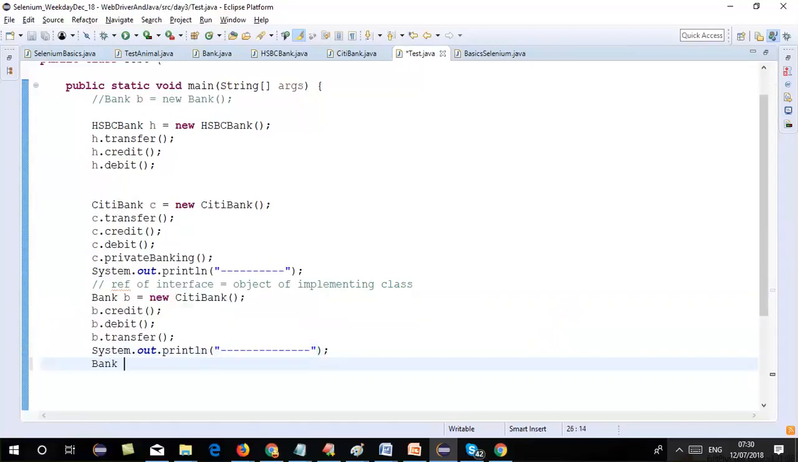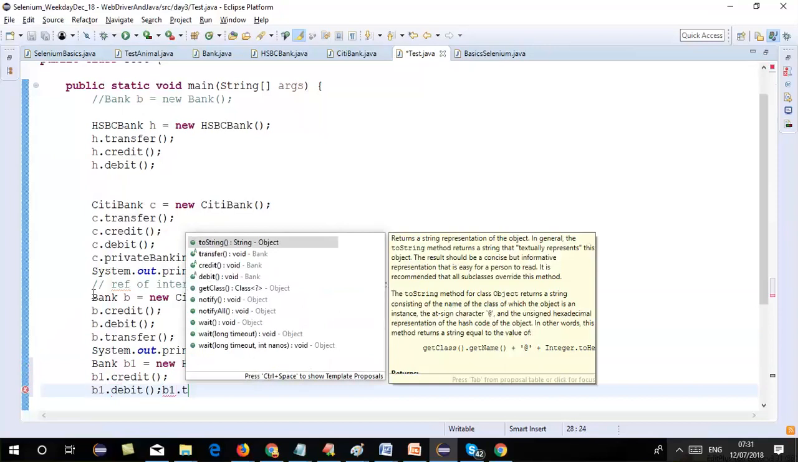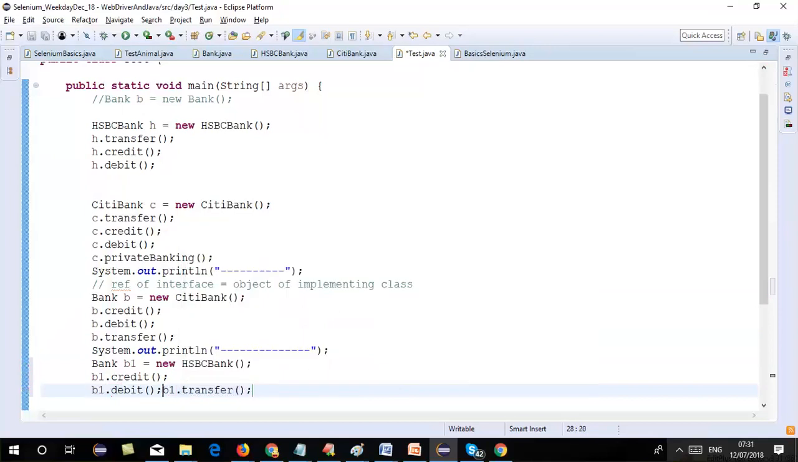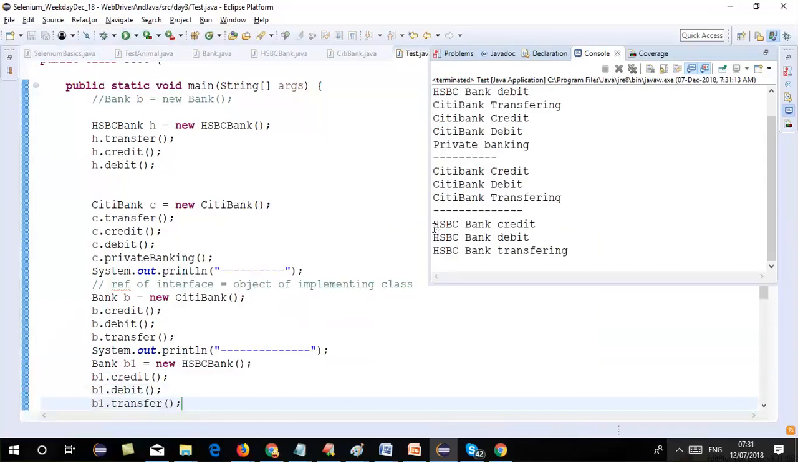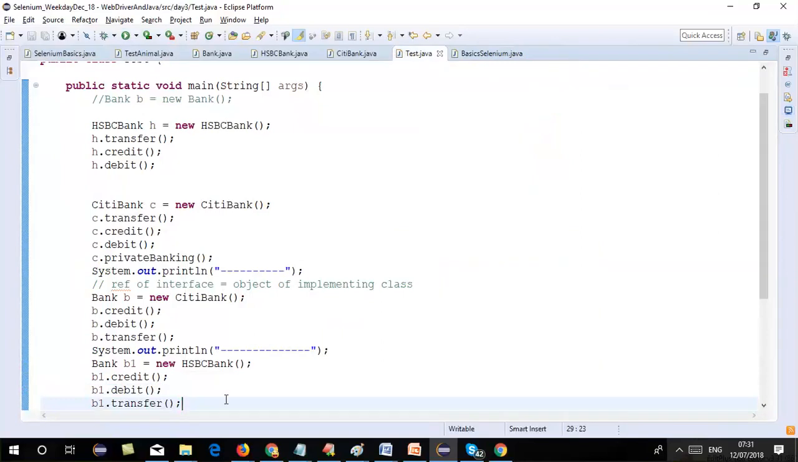I can also write Bank b1 equals new HSBC Bank. I can write b1.credit, b1.debit, b1.transfer. Right. You can do that. And when you run this code, it says HSBC Bank credit, HSBC Bank debit, HSBC Bank transferring. Fine. Okay. Now, once this is done,